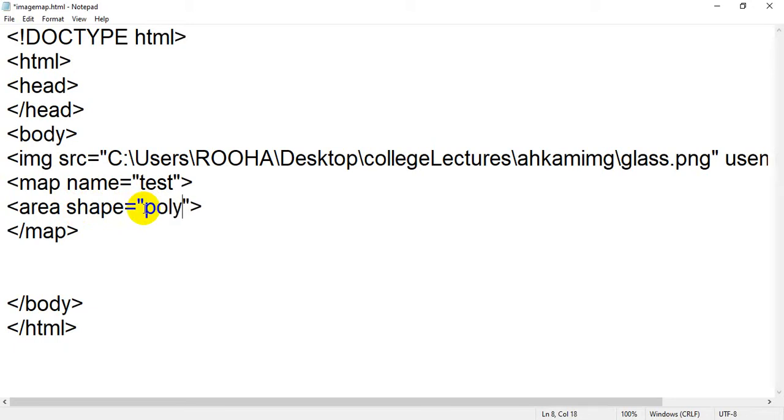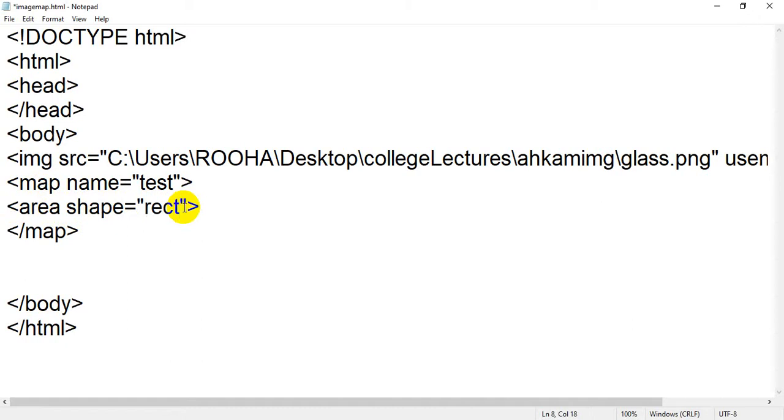So in the shape attribute inside the area tag, you can write poly, or rect, or circle. These are the valid values.